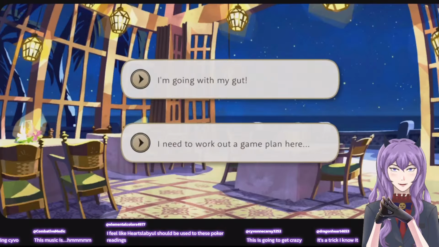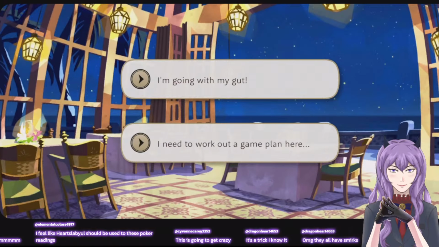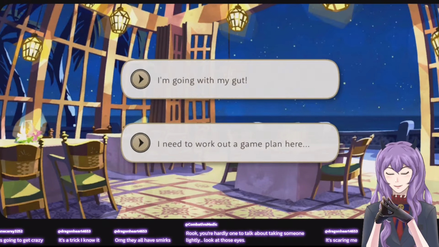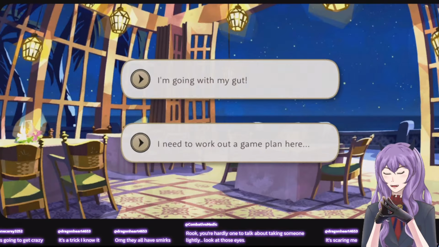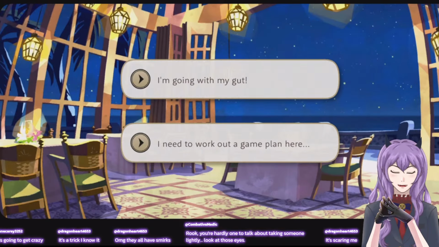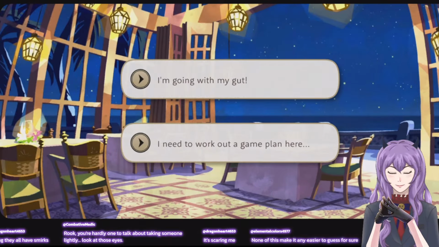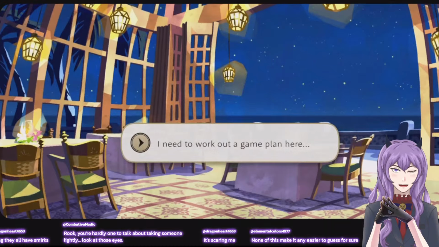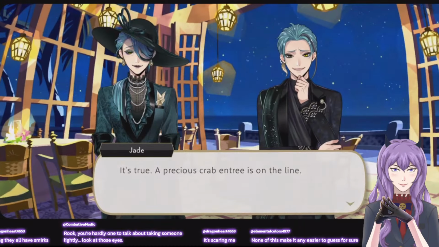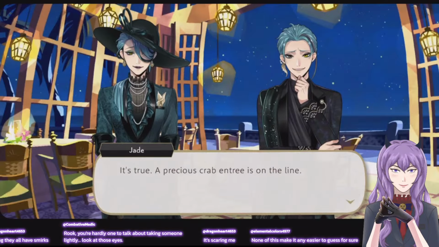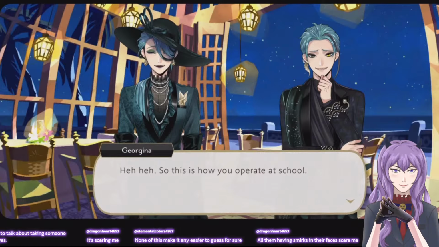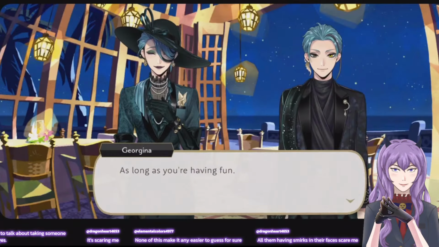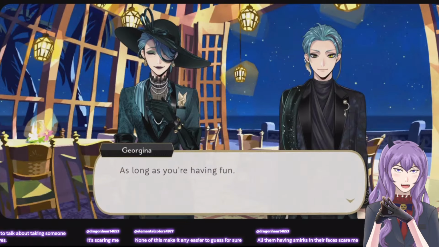Guys, we're playing rock, paper, scissors. I have to do some 4D chess. Some Kakegurui type level of gambling game plan here. I love Georgina. It's just like, okay, sweetie, as long as you're having fun.